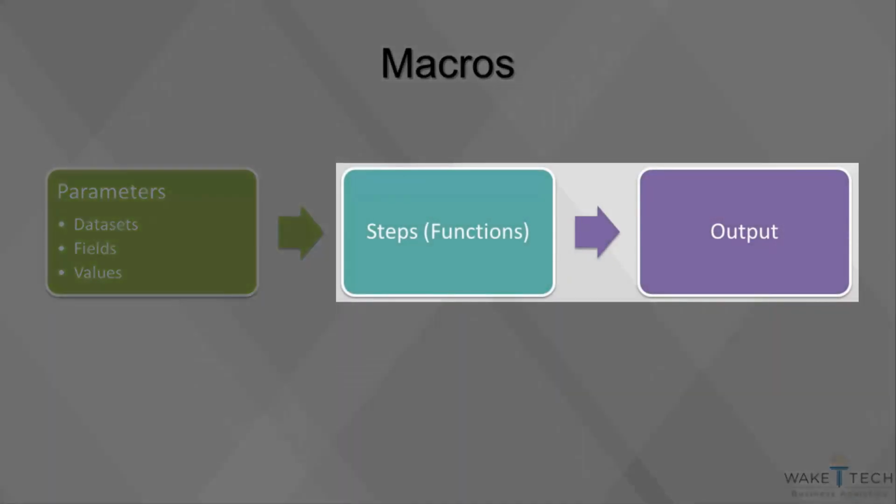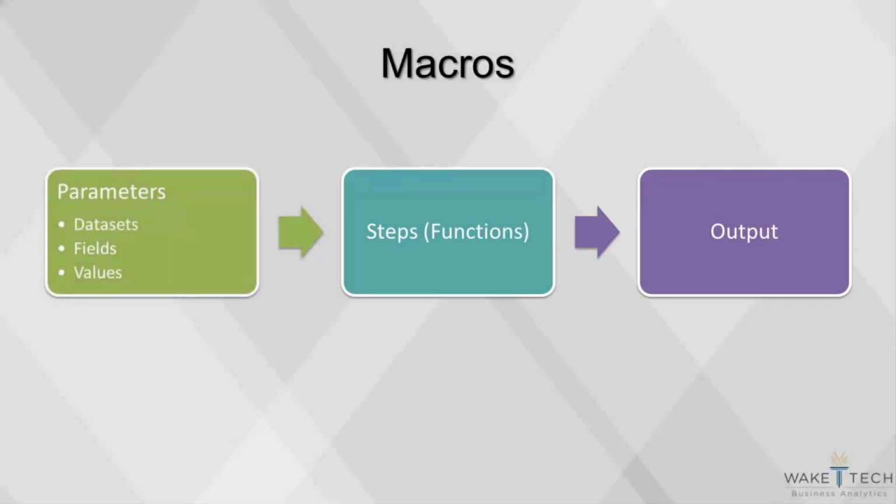After the steps of the macro are complete, the output will be returned, and like the parameters, can also be of different types. Macros are the foundation of many analytics and software packages, as many of the complex algorithms used in data science are mostly just the building of certain simpler functions. By utilizing macros that have already been built, an analyst can become more efficient. By building customized macros, an analyst can easily pass on their efforts to other analysts.